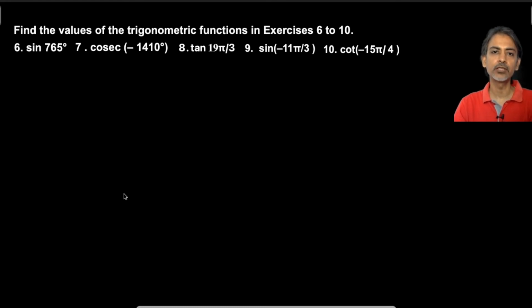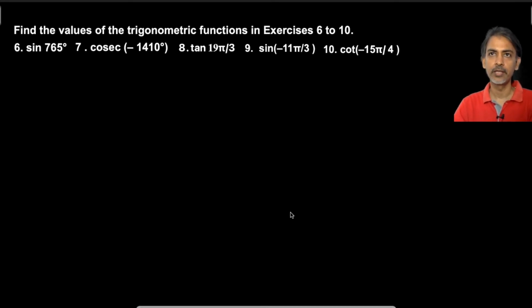In today's lecture, we are going to discuss problems number 6 to 10 from chapter 3, and the exercise number is 3.2. In these problems, we are going to discuss finding the values of trigonometric functions at various given values of angles, which could be in degrees or in radians. Before proceeding with the solution, let's try to understand some of the basic concepts behind how to solve these